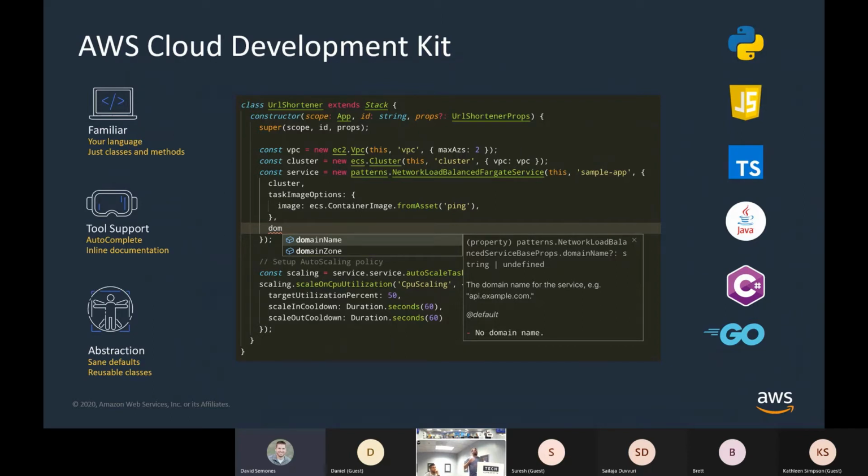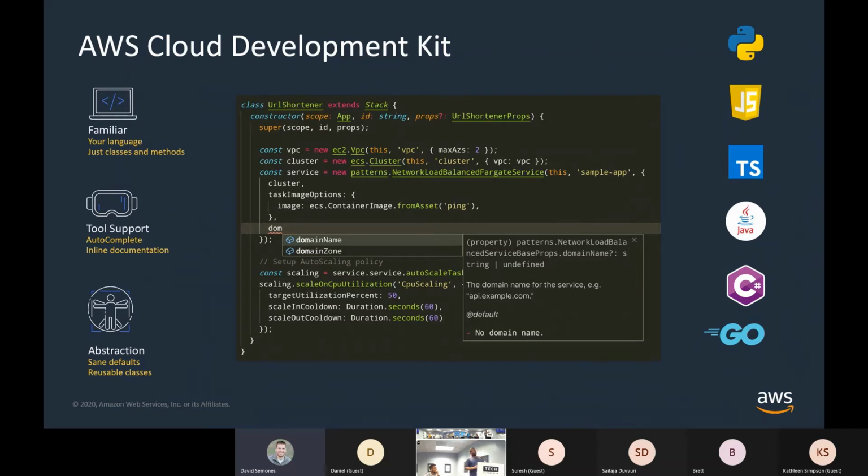What CDK does is it writes that CloudFormation template for you. So it authors that for you. That's the big declarative, unambiguous description of your infrastructure. And we expose that to you in a programming language that you might already be familiar with, so you don't have to learn the domain-specific language that CloudFormation uses.